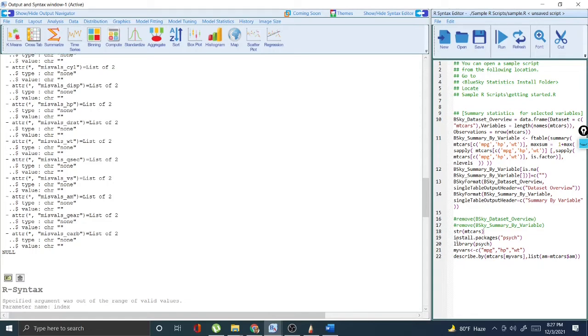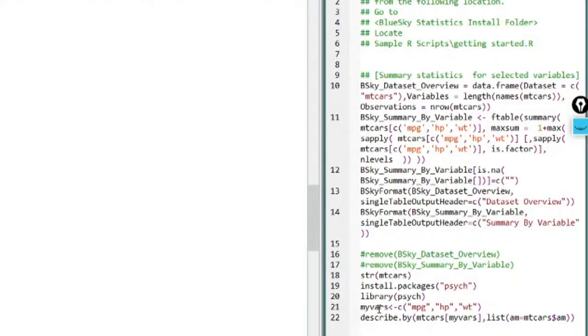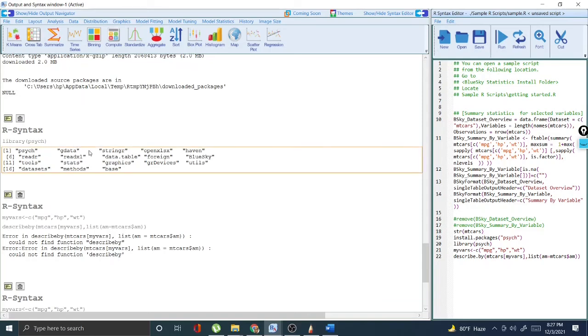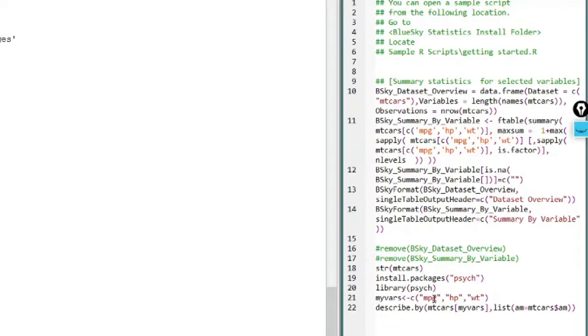In that case, all I have to do is install the package psych. When I install this package, all the related packages, the libraries under this package, are already installed in BlueSky Statistics. Then what you have to do is create a variable using mile per gallon, which is mileage, horsepower and weight, and then use the describeBy function, listing by am, which means manual or automatic gear. Whenever I write this down and I would like to see it, just select it